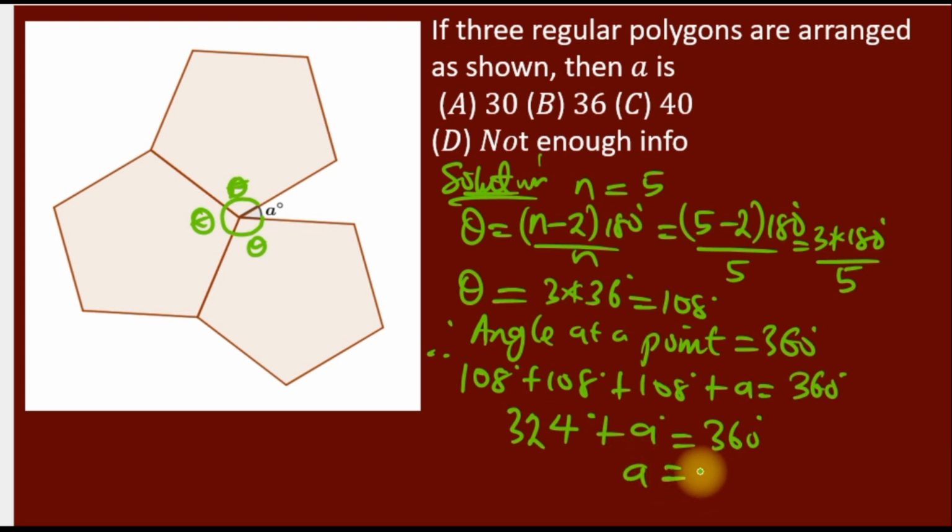So we have A is now 360 minus 324. So the answer is 36. So that's it. A degree is 36. So A is 36. Our answer is option A. So it's a very technical question. The next one,